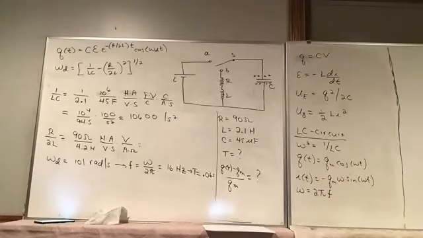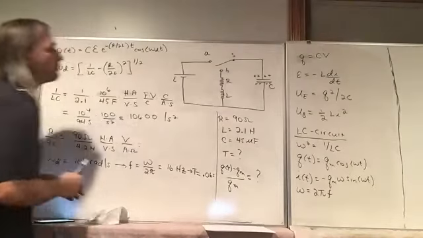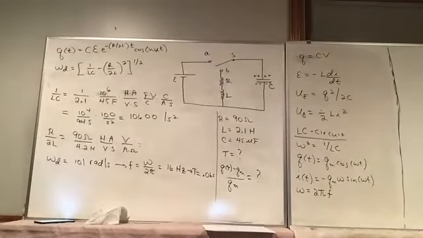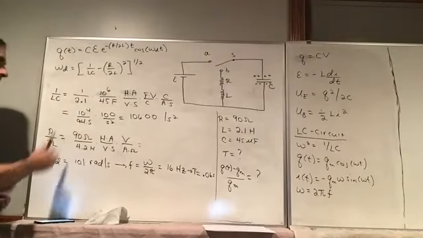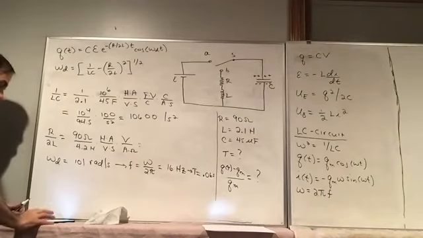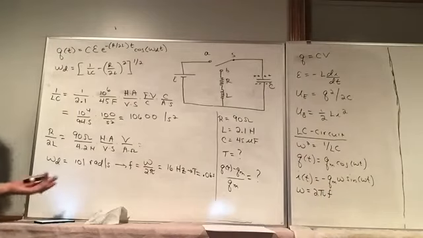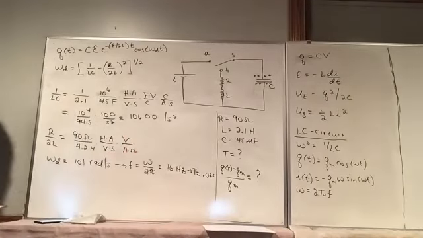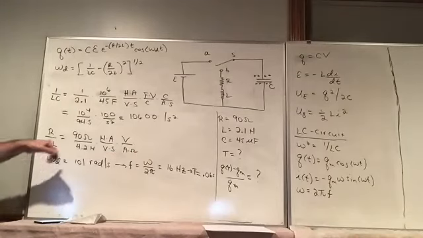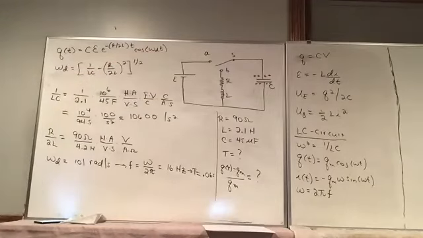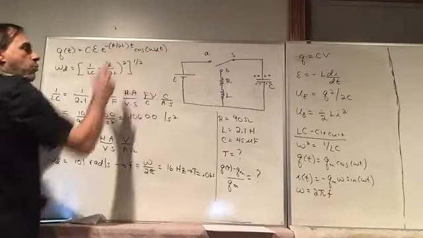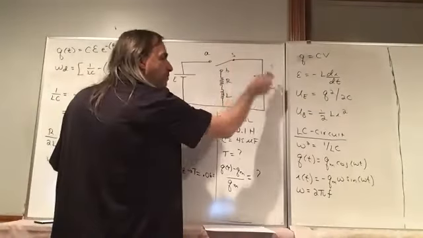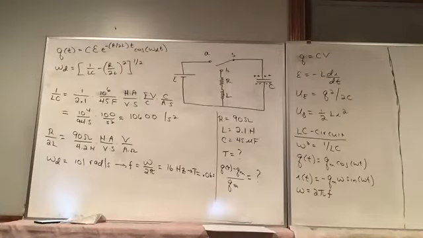And then again, if you look at omega d times t, you have 101 radians per second times 0.06. And basically we get 2 pi. I get 6.31, but 2 pi is about 6.28, but that's just because of rounding errors. This product, omega d times t, should be exactly 2 pi. Cosine of 2 pi is 1. So after one period, we have our capacitors fully charged again, but